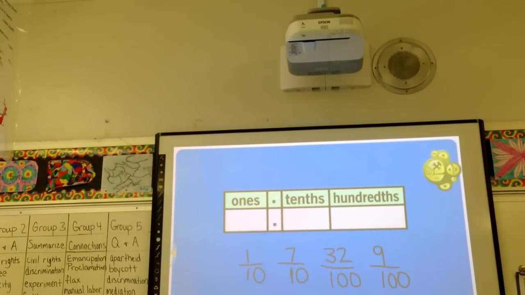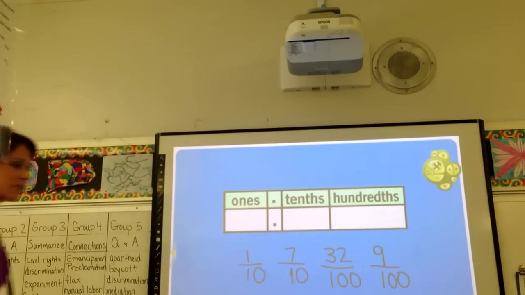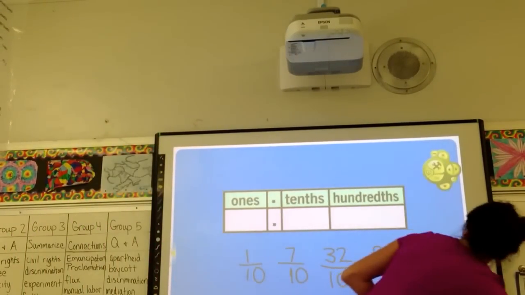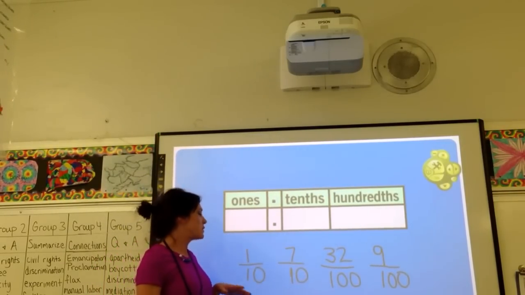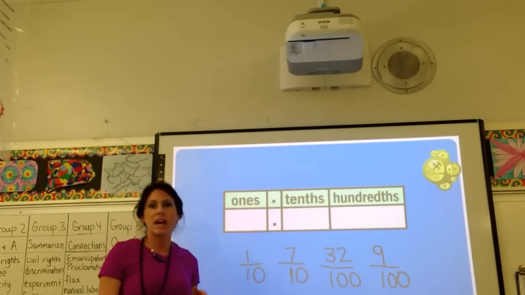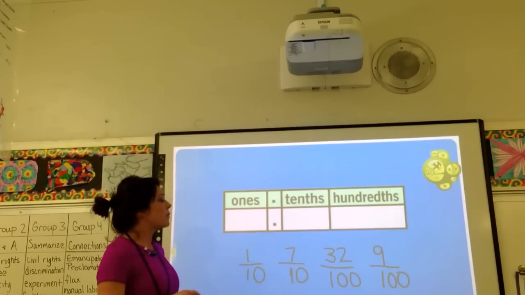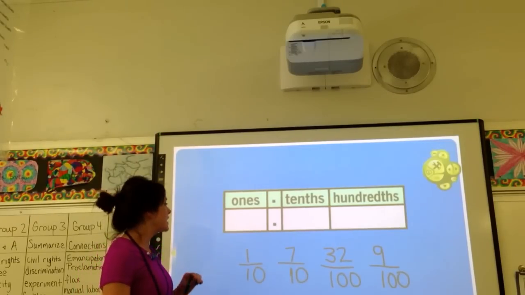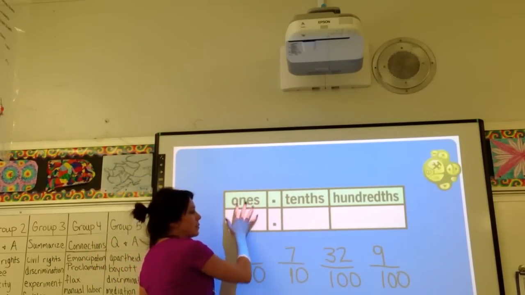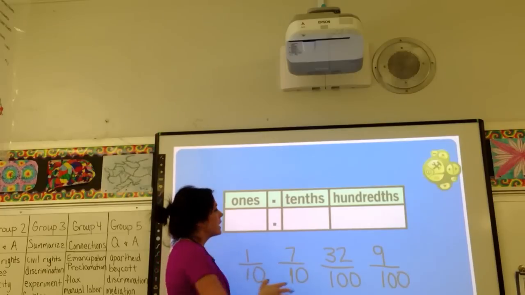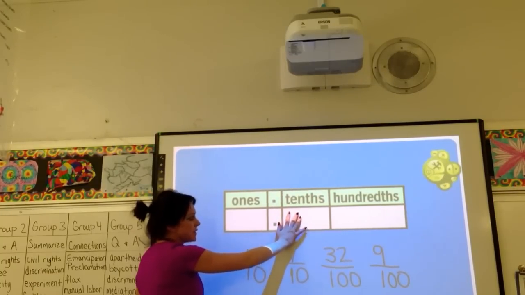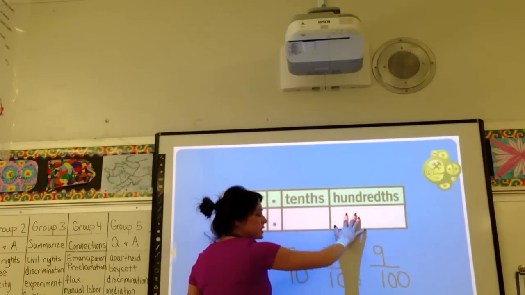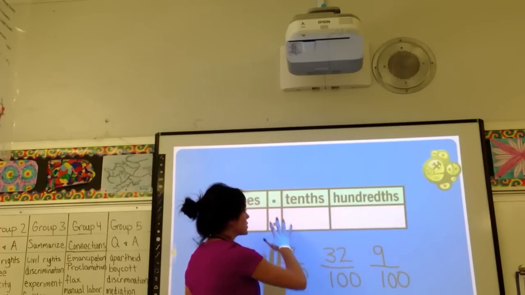Okay, today's lesson is on fractions as decimals. So to begin, we've got a few simple fractions up here, and all we're going to do is write these fractions as decimals. Well, if you remember your place value that we learned at the beginning of the year, the ones column is always right in front of the decimal, and then the first place value behind the decimal is the tenths. After that are the hundredths and then the thousands, but right now we're just going to use the